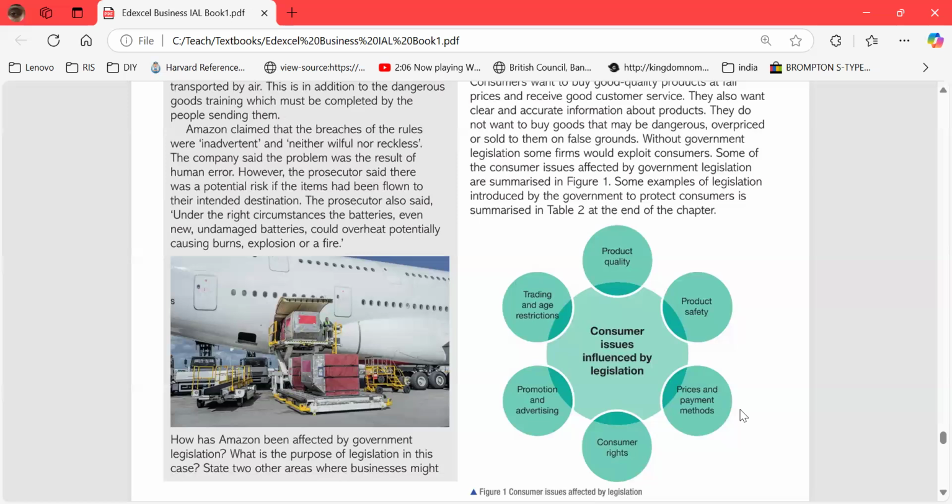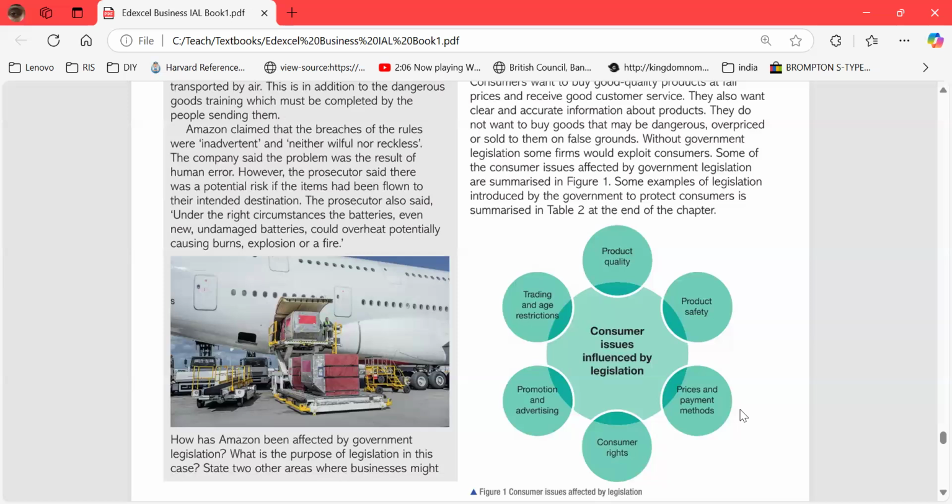Suppose in some advertising, they claim they're the best, and by using their goods and services, you will become a Superman. But it might not be the case. These are misleading advertisements, so these are not allowed. Then there are also rules and regulations, like think about tobacco and alcohol. This kind of advertising is illegal in many countries. So the business needs to maintain that.